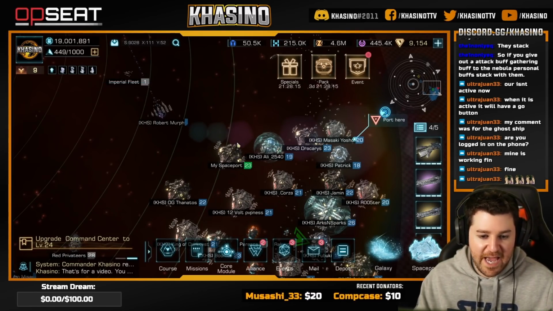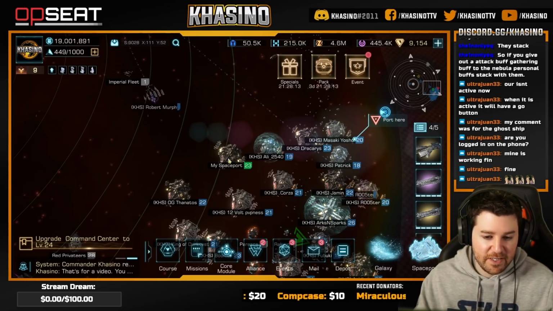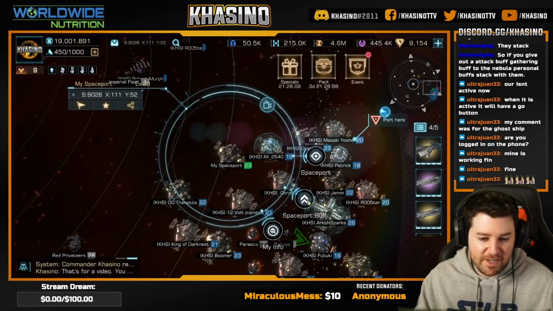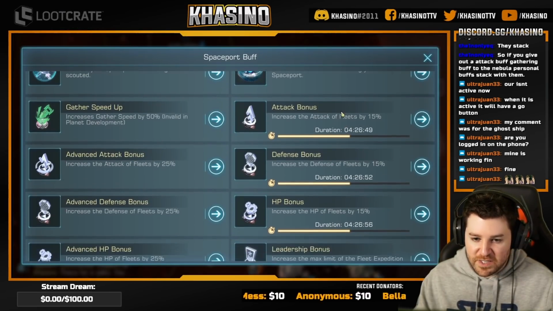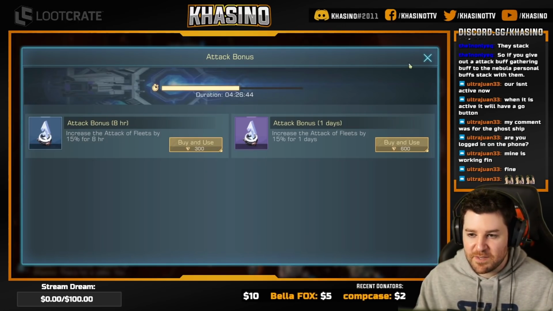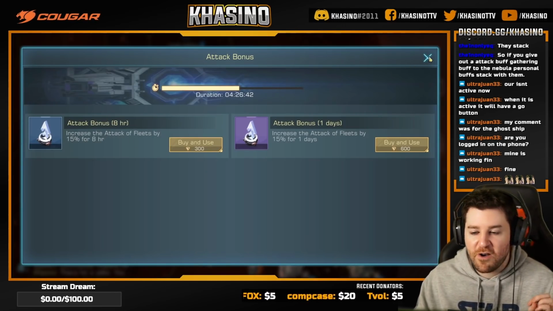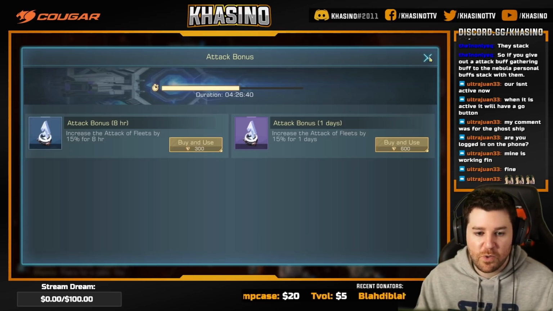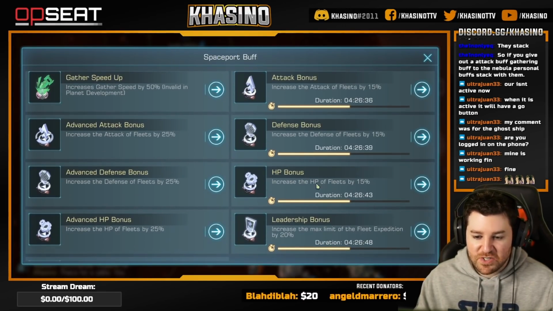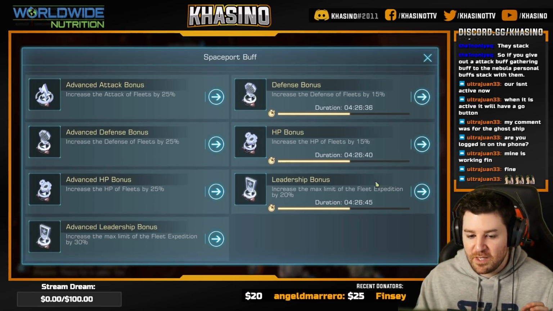There's obviously also the gather buffs. These can be activated quickly and easily by clicking at your spaceport and then going to Spaceport Buff over here. And then you can see attack bonus, and if you want to spend Corium on them, you might already have some of the 1 hour versions. Some of them are found in offers, some of them you can get as random loot or awards from certain events. But there's an attack bonus, there's a defense bonus, there's an HP bonus,